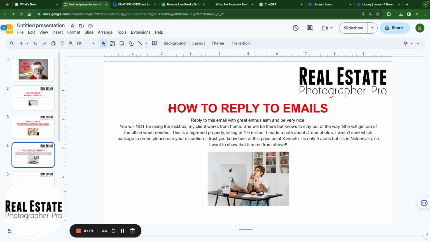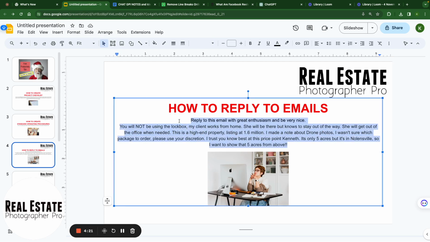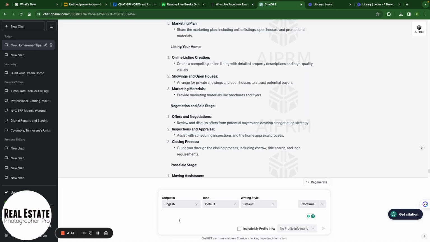Reply to an email. So this is an email I actually got, and it's basically saying there will be a lockbox there. The homeowner will be there. This is a nice property. It's 5 acres. Be sure to use your creativity, Kenneth, to capture all the things that need to be captured in this property. So I replied to the email. I probably was quick. I was probably between photo shoots. I probably said something like, thank you for the update. I will take care of it. But I could have gone into,